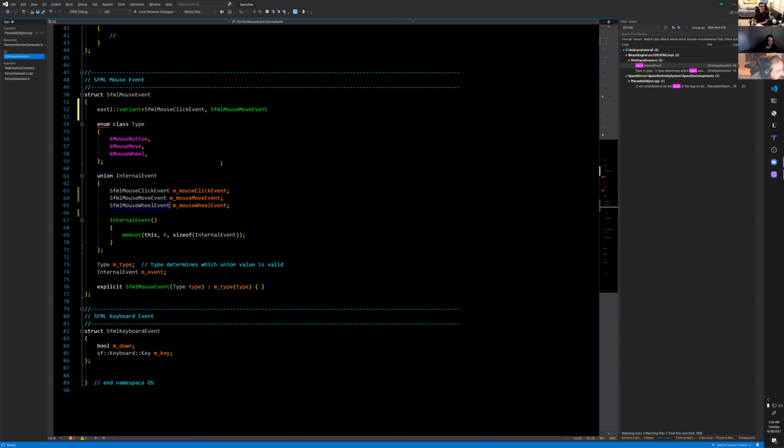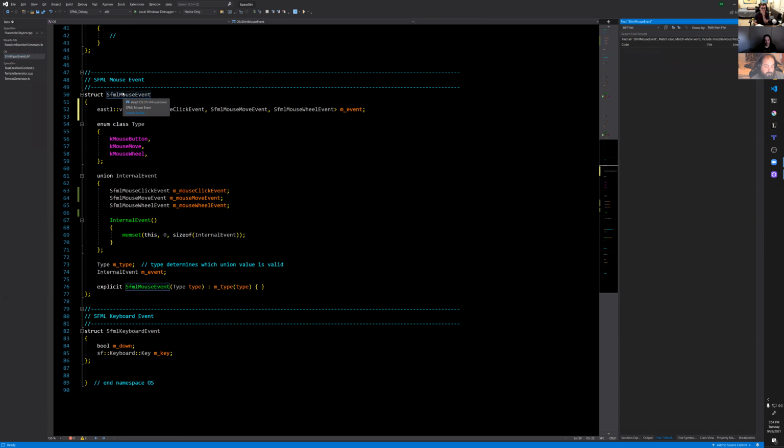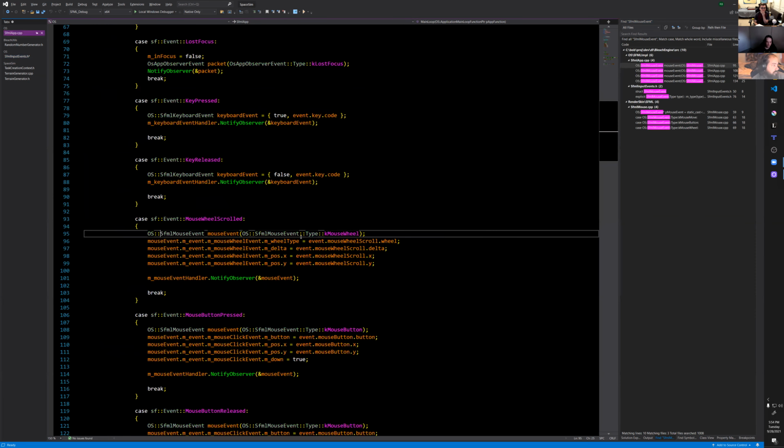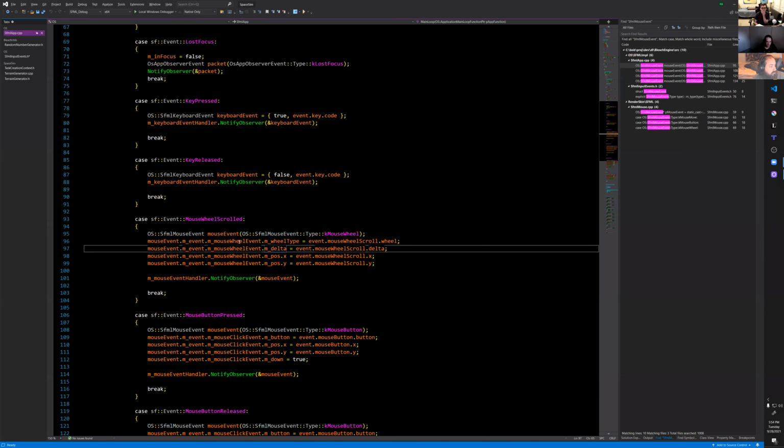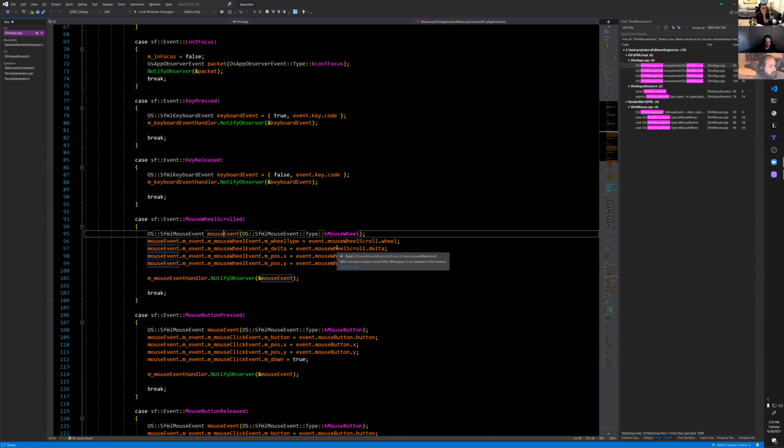This, and this. These are my three variants. And then this would be event, basically. This isn't going to work. I'm not going to be able to do this right out of the gate, but that's okay. I don't even need to create any of this memset stuff. I basically just do this, and then this type happens. This is where I could activate it or do whatever I wanted to, but I don't even really need this. I would just need to find out who fills this and who's using it. There we go. So all I'd actually need to do is say mouse event,